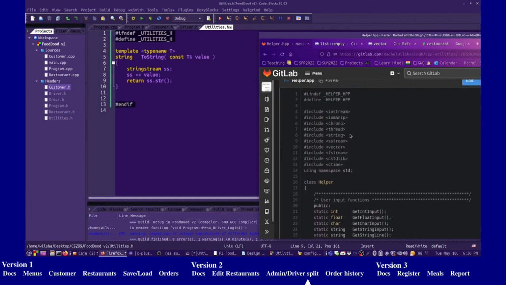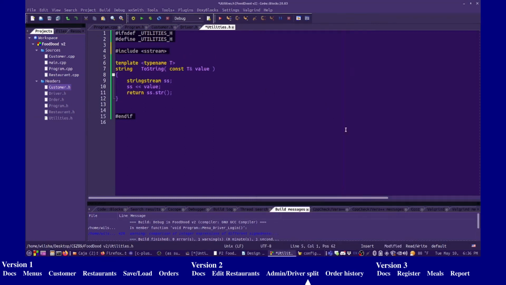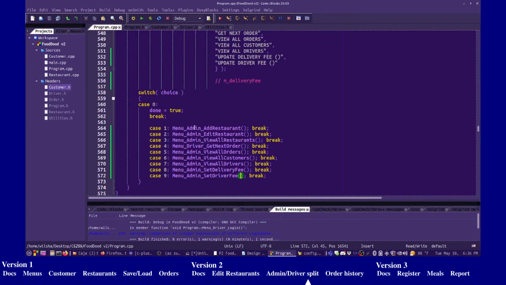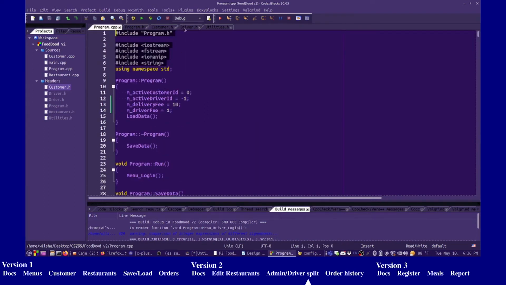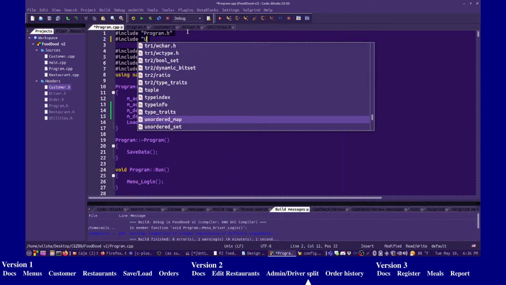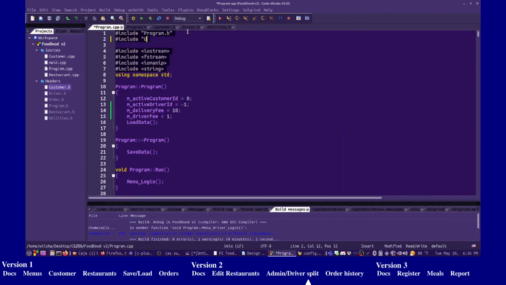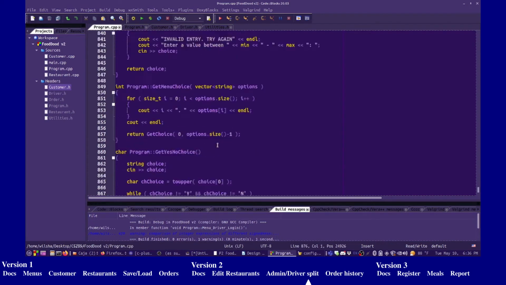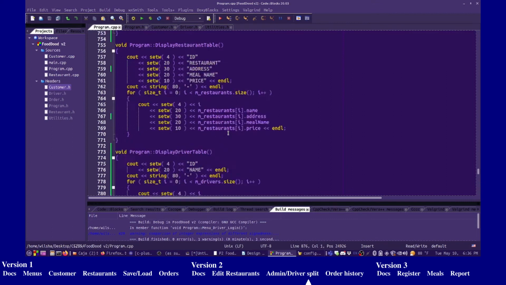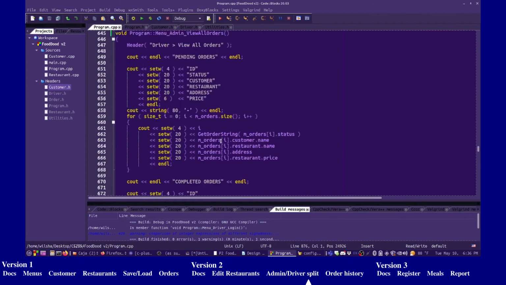So we're going to grab that and string and using namespace std. Let's include utilities up here. Utilities, there we go. And back in the main menu,